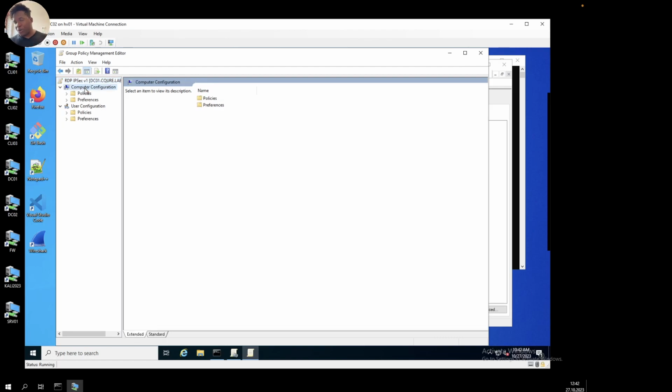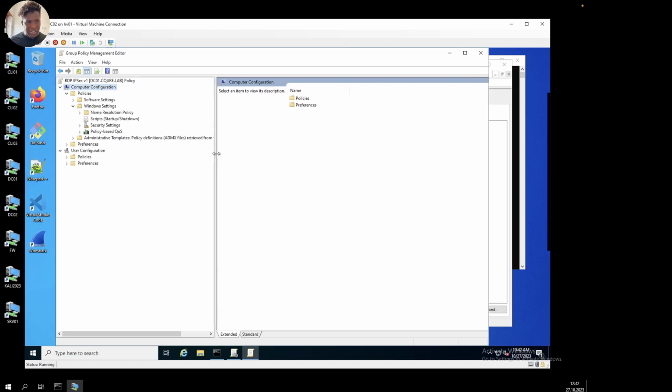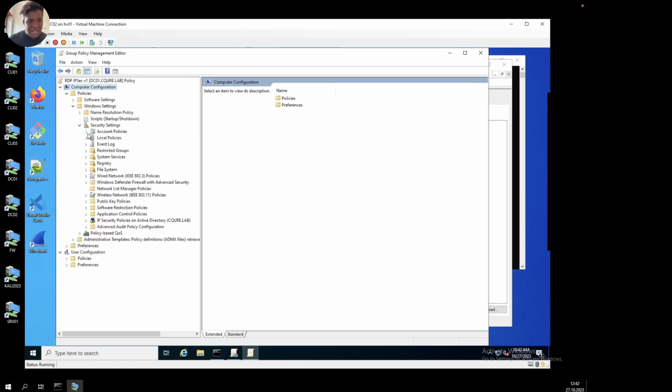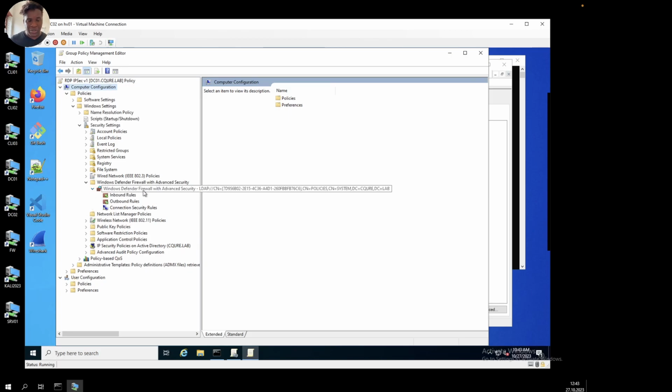So on that computer configuration, we go into the policies because we want to create policies. We go into the Windows settings. Then under Windows settings, I'm going to stretch this a bit so it's readable, and we will see security settings. Under security settings, you would see Windows Defender Firewall with advanced security. So if I drop that down, currently we would see the Windows Defender Firewall with advanced security